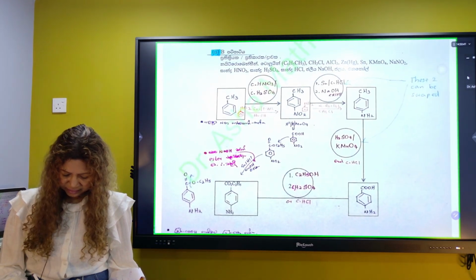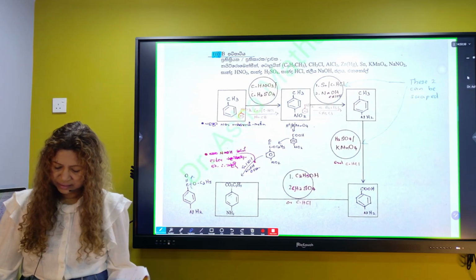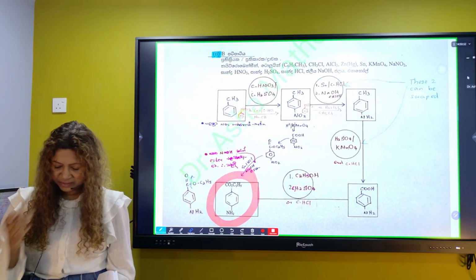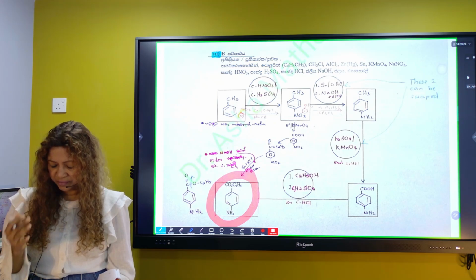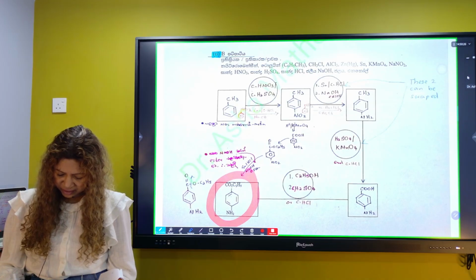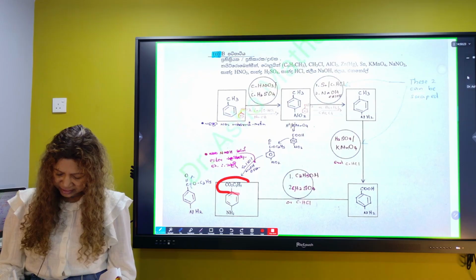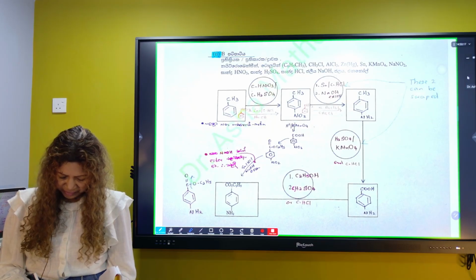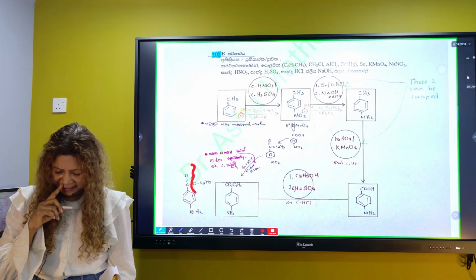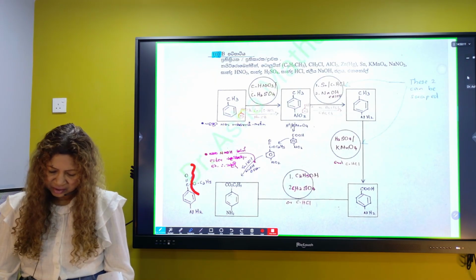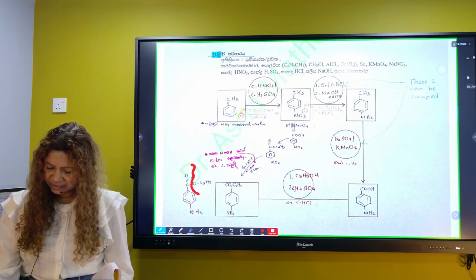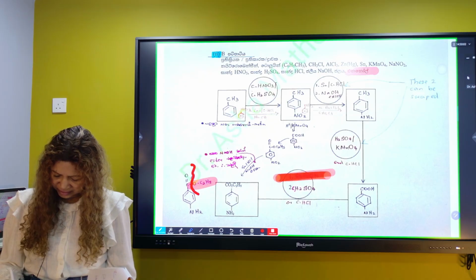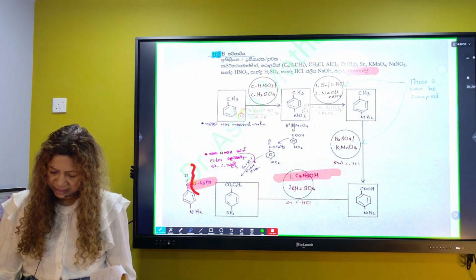Okay, next one. This is the final product. Most of the time, like 95% of the time, you have to break the ester. There are very few occasions where the last step is not the ester, but almost all the time the last step is the ester. So I'm going to break from here. Then I have C2H5OH. They were given that part separately, so that you can add that. And then the other part we're going to make.